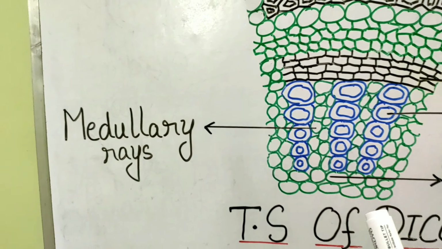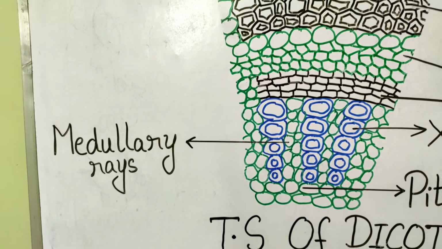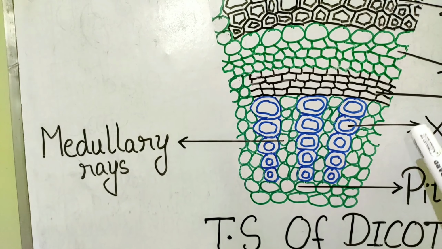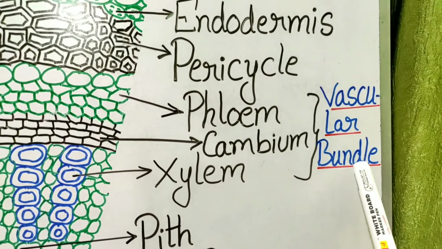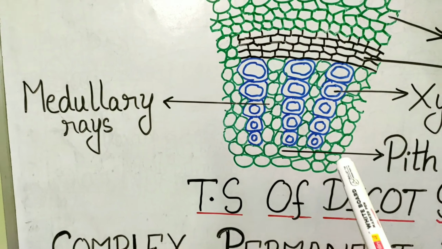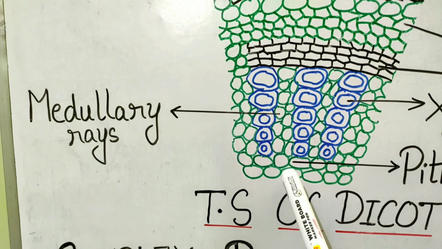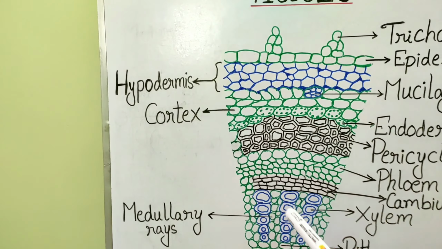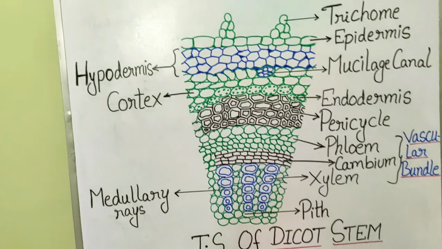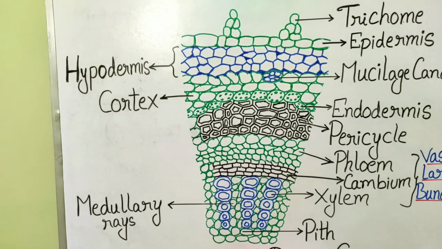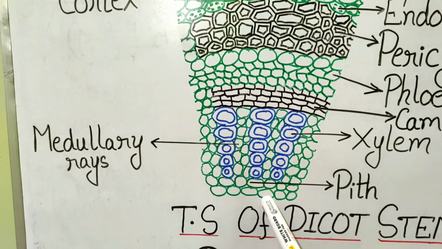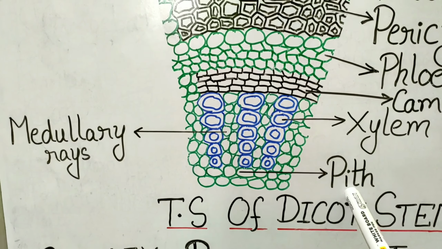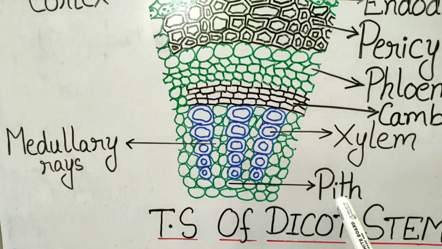Okay, so medullary rays are formed in between the xylem, and these three, that is phloem, cambium and xylem, together are known as your vascular bundle. And the parenchymatous cells towards the center of the stem, because it is a section, when you continue it in a round form, it will form a circle. So in the circle, the center will be what? The center is always called a pith, and this pith is made up of parenchymatous cells.